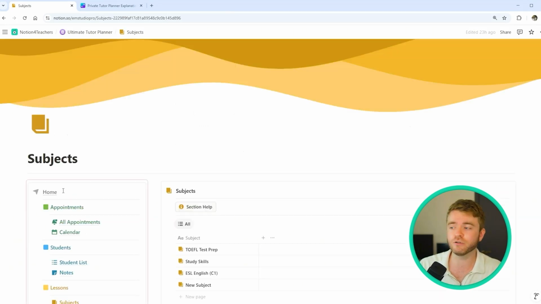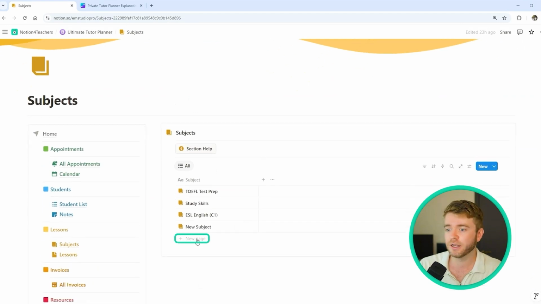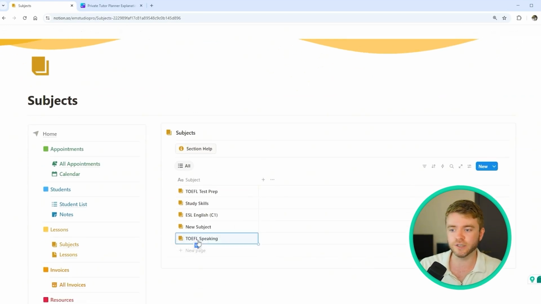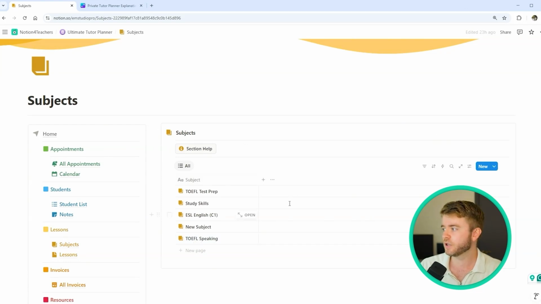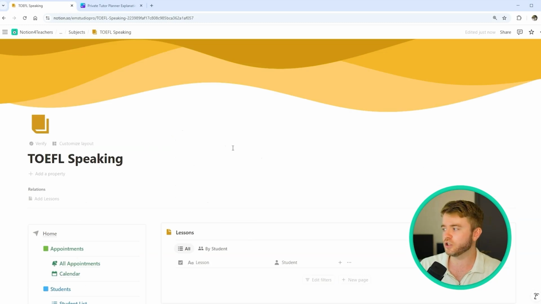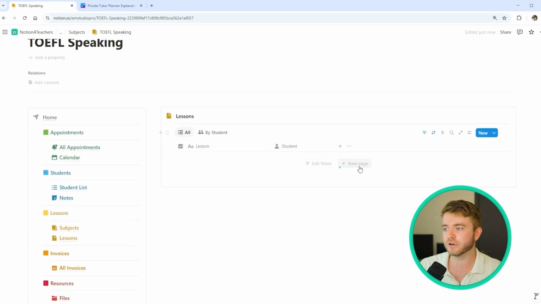We would start by creating a subject. Let's say we create a subject for TOEFL speaking. TOEFL is Test of English as a Foreign Language for English language learners. So we'll click create our subject here. We can then open up our new subject, and then we can begin by creating lessons